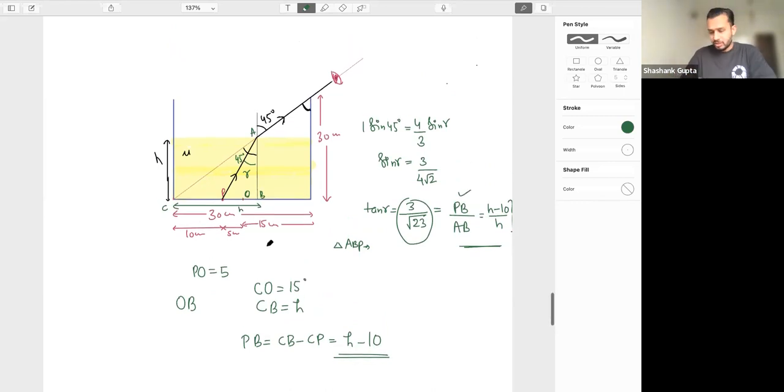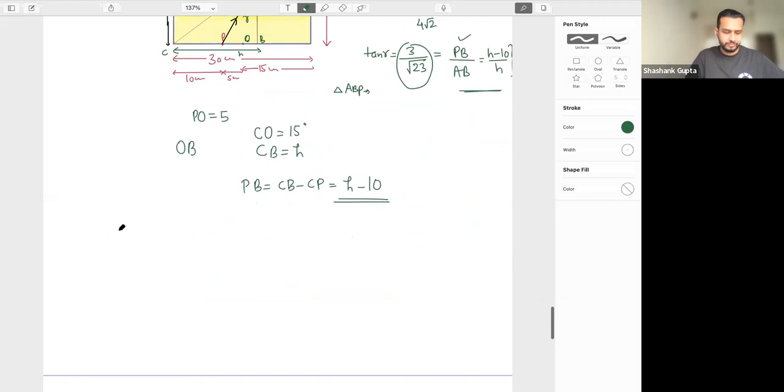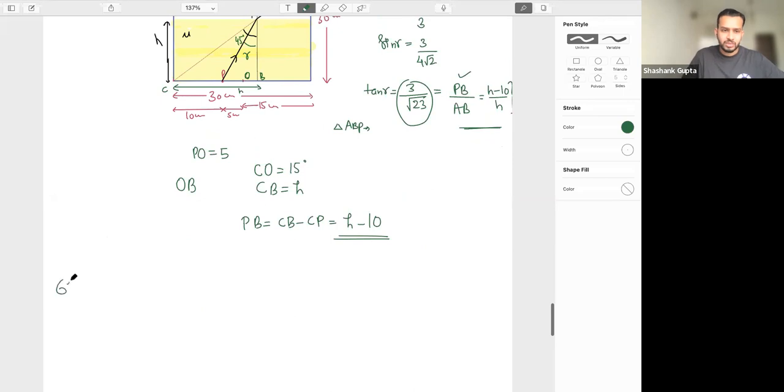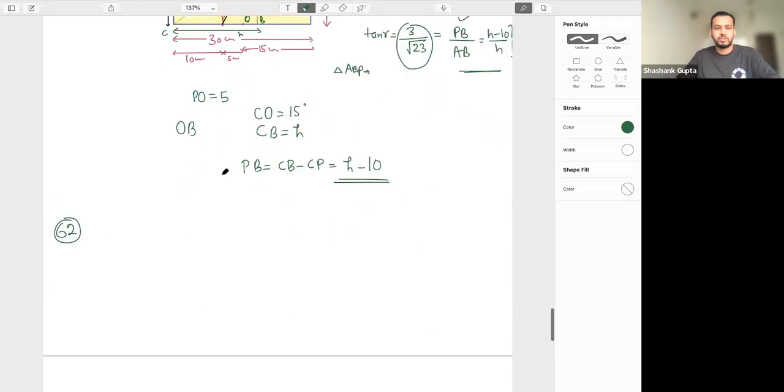Quickly, if anyone had a lot of doubt in question number 64, let me quickly take this 64. I know you have a class immediately. It was 62, it was 64. I did this by using the apparent. Let me see 62 once. Question 62: a converging lens of focal length and a diverging mirror on the principal axis coinciding, where should the object be placed in the original setup?